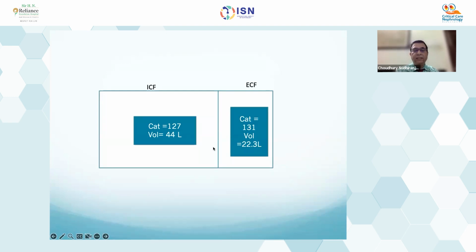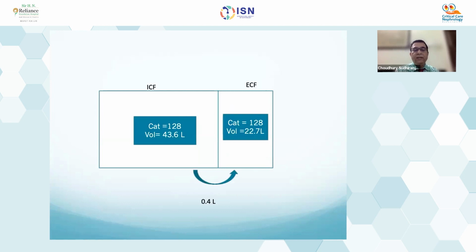And what will happen next? Since the cations will be equal on both sides, there will be movement of water from the intracellular compartment into the extracellular compartment, and that will reduce your brain edema. So that is the concept: 3% saline is to be used in acute scenarios or in those persons who are symptomatic in hyponatremia. Whereas if the CNS is already adapted, then